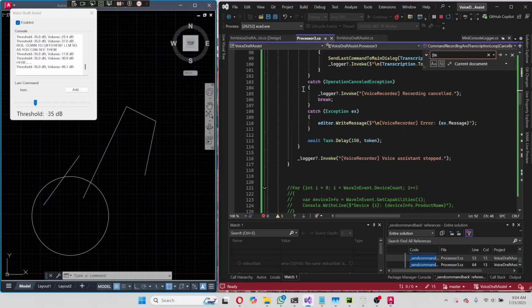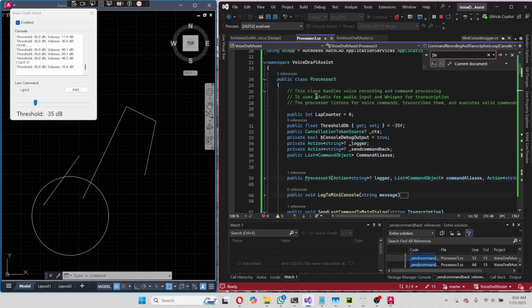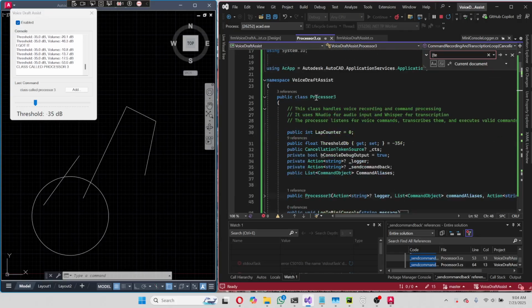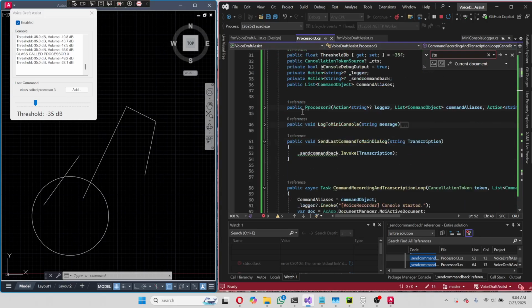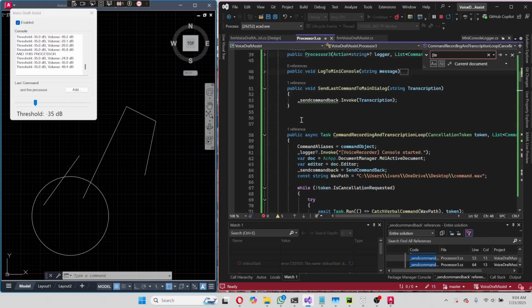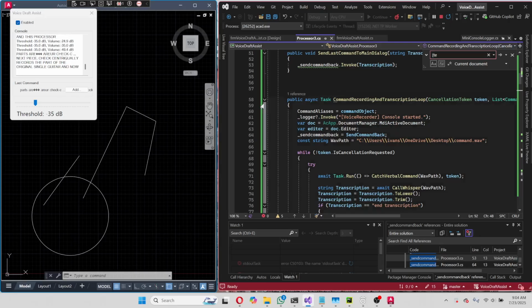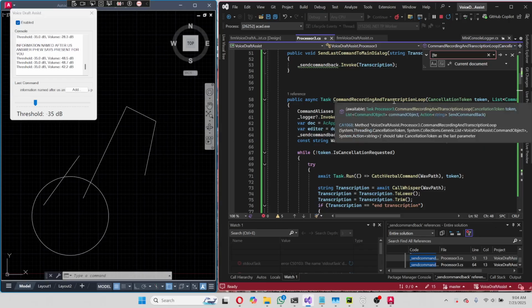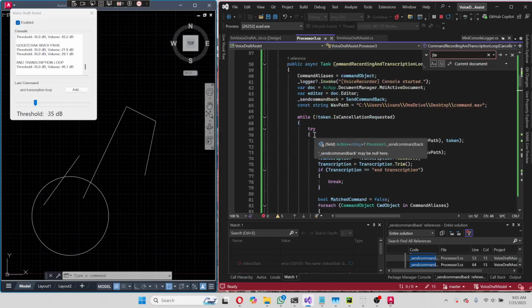I got a class called Processor 3, and this processor basically records the wave files, which are possible commands, and then it transcribes them. And it's broken down. There's a loop which is running all the time. I call it the command recording and transcription loop. And what it does is it